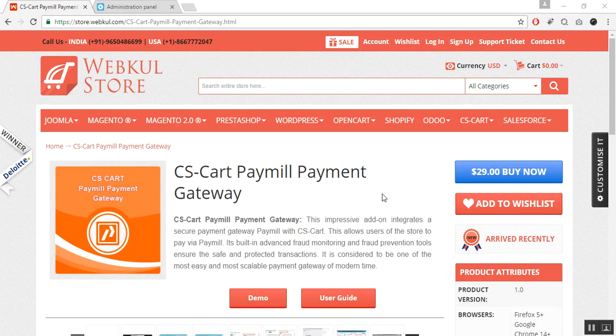Hello everyone, today we are going to know about CS Cart Paymail Payment Gateway. With the help of this add-on, you can integrate a safe and secure payment gateway, Paymail, with your CS Cart too. This add-on allows the users of the stores to pay via Paymail. It also supports the refund options for the